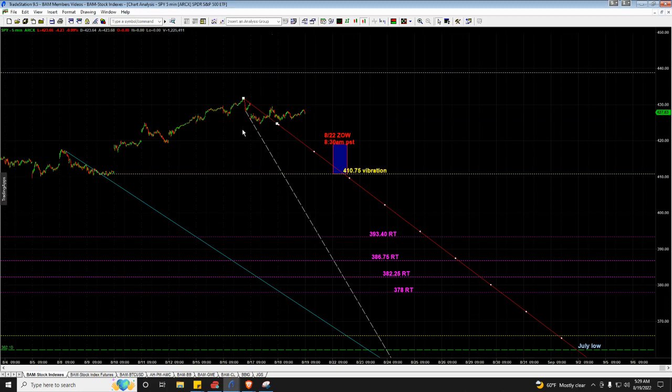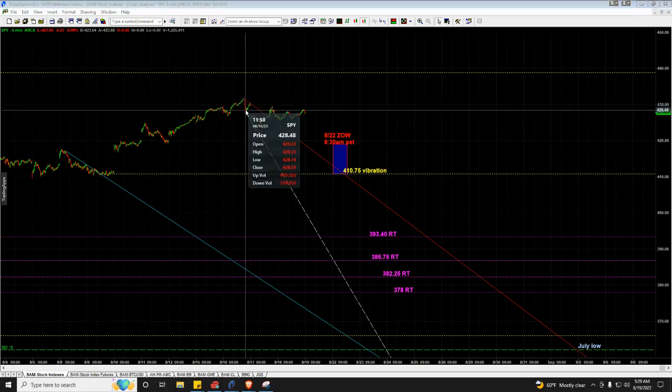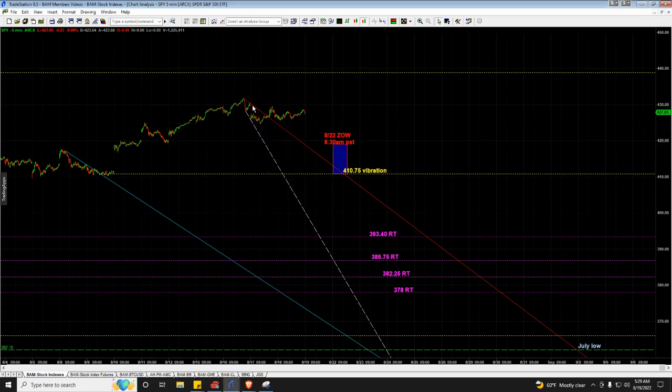So you guys can see this clearly defined downtrend, right? Here's the high, a down, an up, a lower low. So we can draw that off of those two touch points. So if we move down on a bear crawl, a speed line attack looks unlikely to me unless we're about to crash. Right off of this high, it's possible. That's why I listed these retest levels for you. But if we're not going to crash, then Monday, this is sort of logical to my eye, is 410.75 vibration into 8:30 in the morning on Monday,